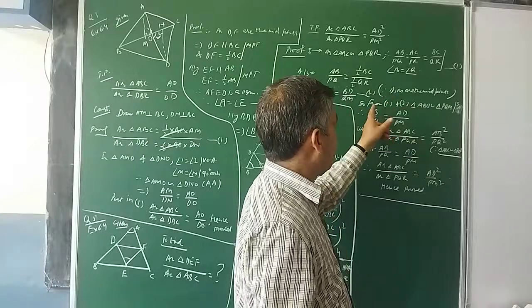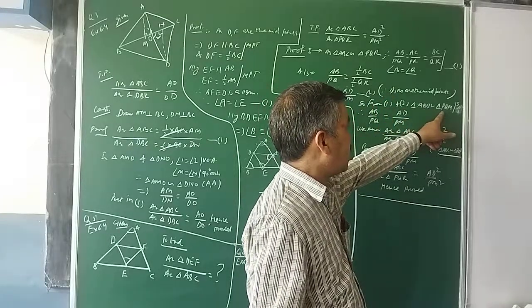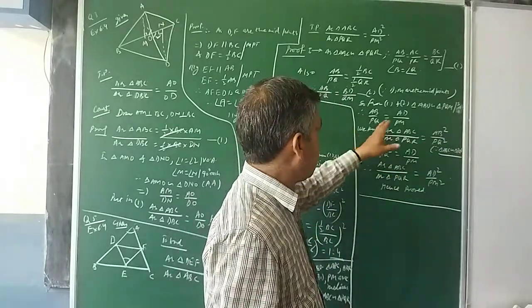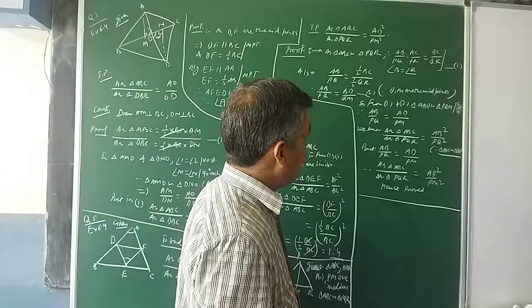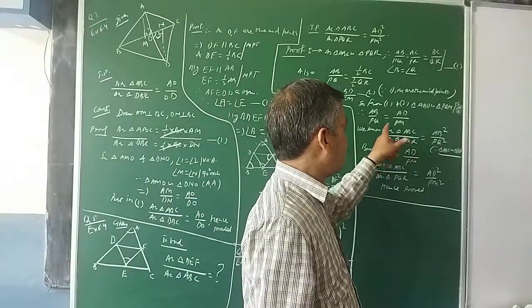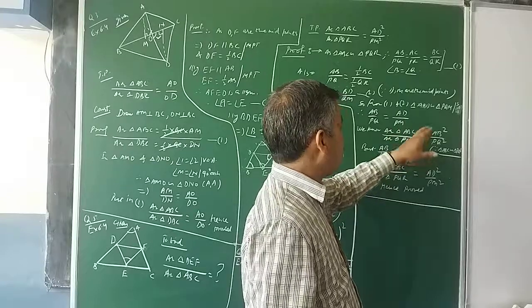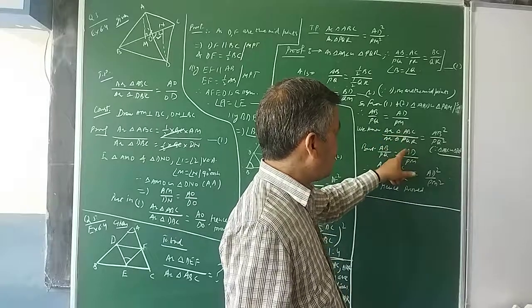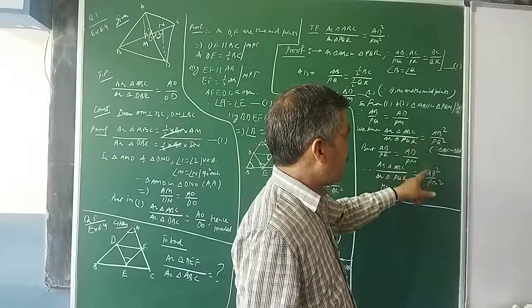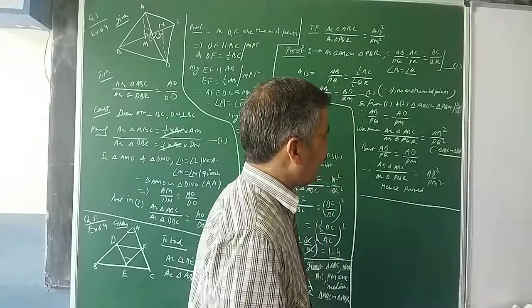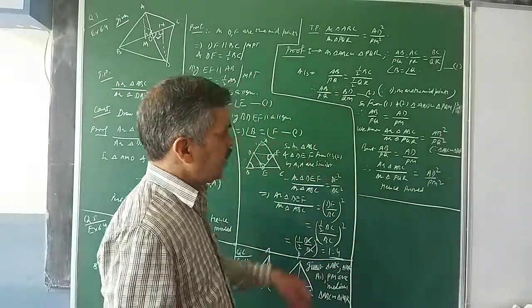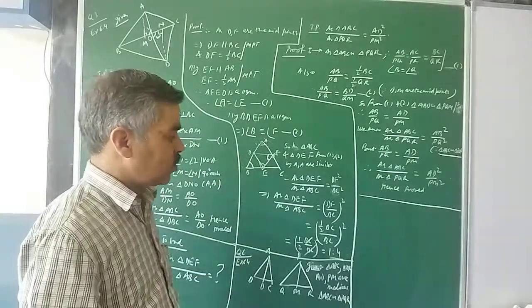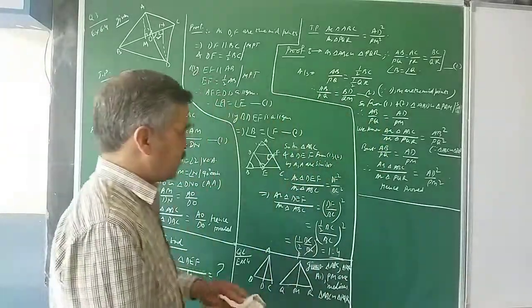So from 1 and 2 I can say triangle ABD is similar to triangle PQM by SAS criterion. So your AB upon PQ I can easily write is equal to AD upon PM. So the ratio of the areas of these two triangles is equal to AB square upon PQ square, but AB upon PQ you have now proved is equal to AD upon PM. So AB square upon PQ square will be equal to AD square upon PM square. In that way you can do this question number 6 also. Let us quickly go to question number 7 also.